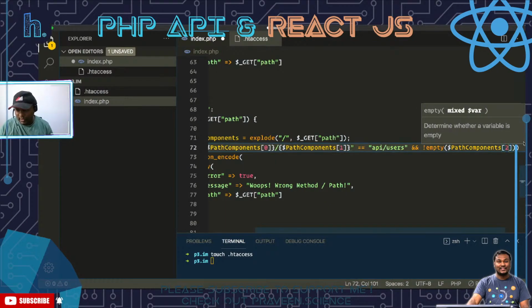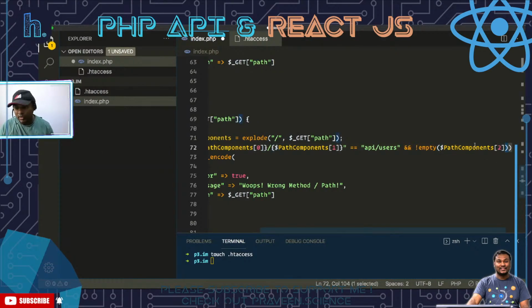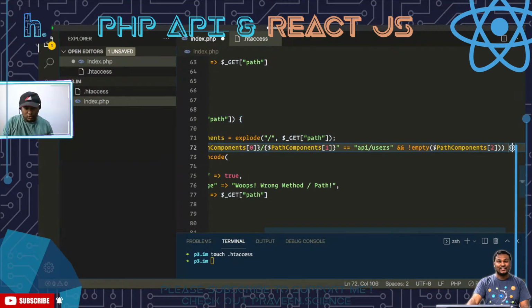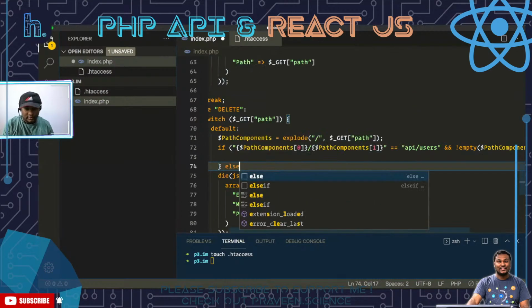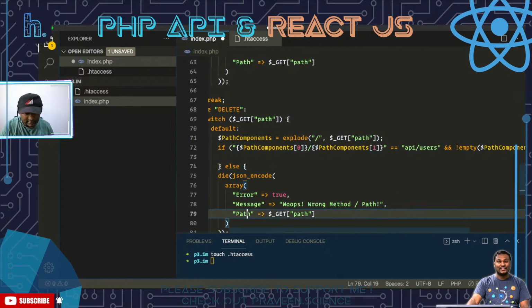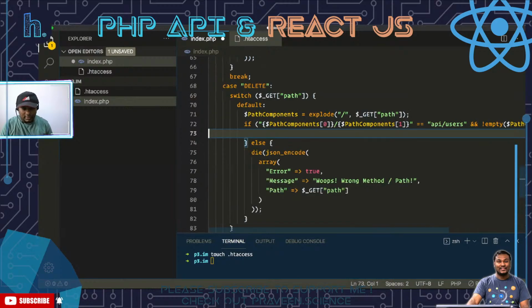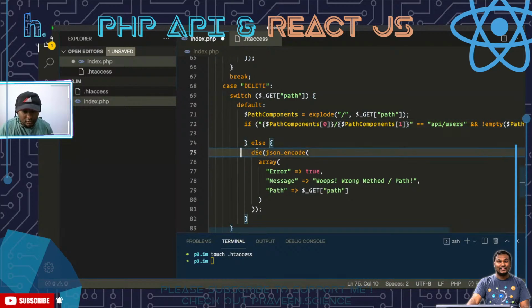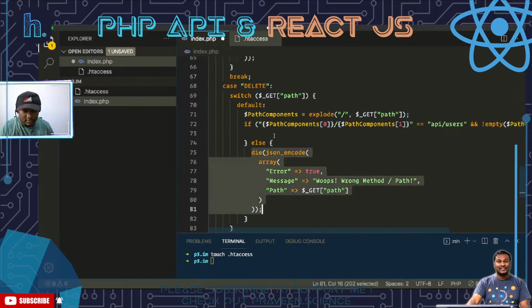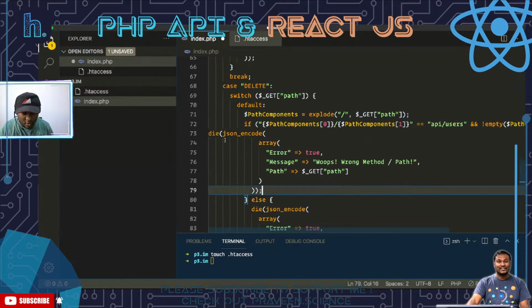If we give it this way, we will be able to tell that this has a non-empty thing. Then do something else, die. Okay, so that is exactly what we are doing. Here we are going to die in a good death. This is so wrong in many ways, but